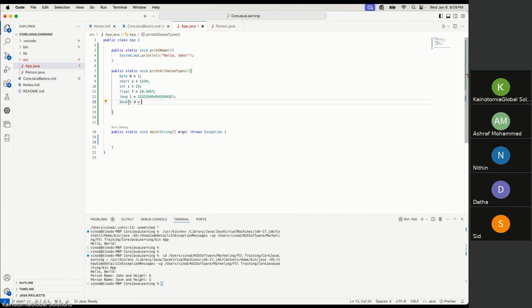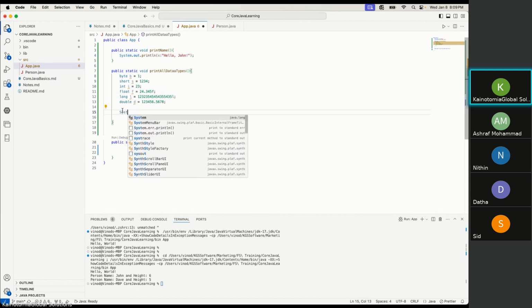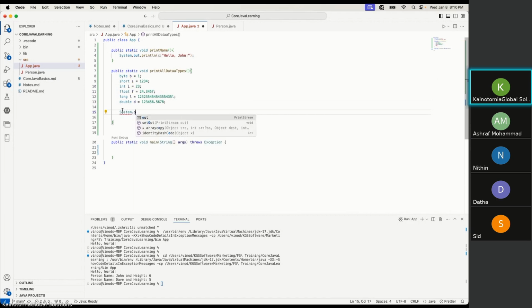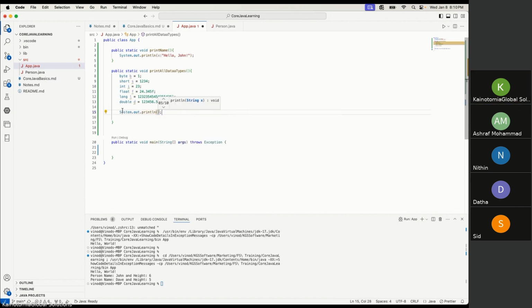And we'll put the double equals 5679. See here, when we don't put the f, it was automatically taken as a double and unable to convert to float. So here we don't need to print these values. How could we do that? Same, take system.out.println. You can type system.out.println, and inside this, you can